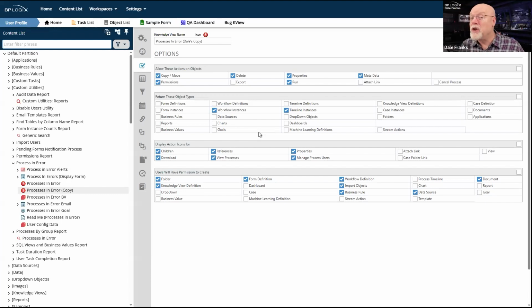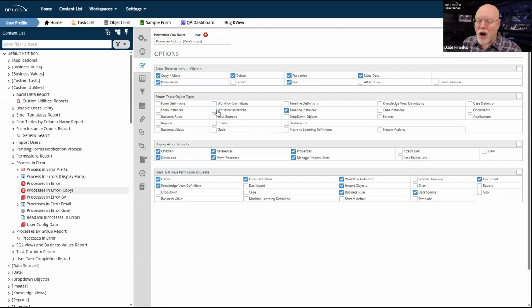And if you don't have any workflow instances, it's still going to check and it's still going to add those workflow instances and all of the weird inner and outer joins to the SQL. And it's going to make your query run much slower. I don't use workflows. I don't need them. So I'm going to uncheck them here because I just want to make this as efficient as possible.